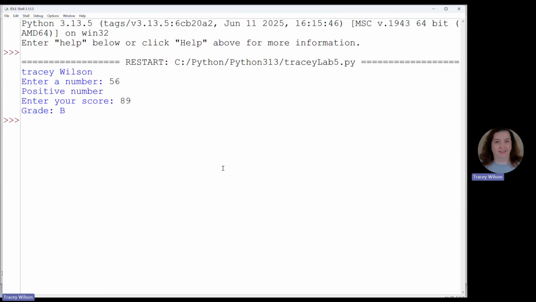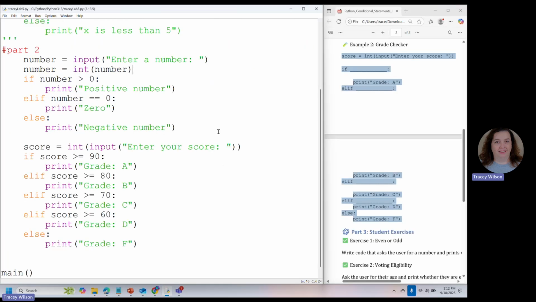More commonly, you're going to see if statements and while loops, which we're learning about next, because while loops use the same Boolean logic. They run until the condition is not met. All right, so that's part 2. Part 3